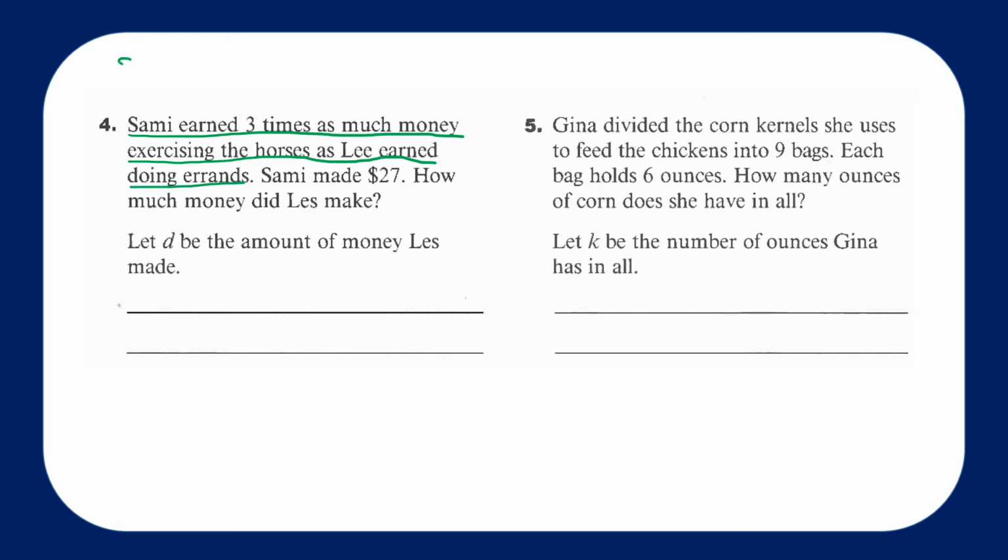So what Sammy earned equals 3 times what Lee earned. Okay? We know that Sammy made $27. So I'm going to put that Sammy earned $27,